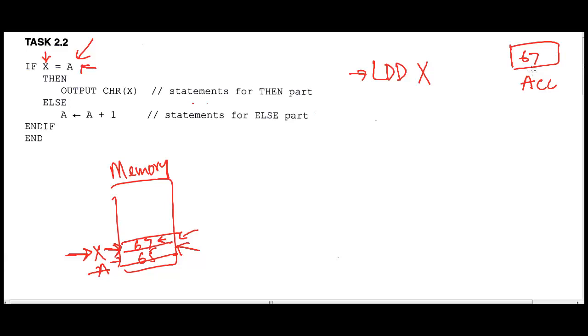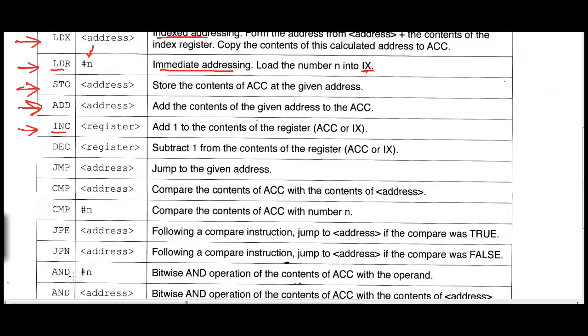Now we need to compare the contents of X with the contents of A. What is the comparison instruction that has been provided to us in the instruction set? It is the instruction CMP. This is the instruction we use to compare, and in this instruction we are supposed to provide an address.